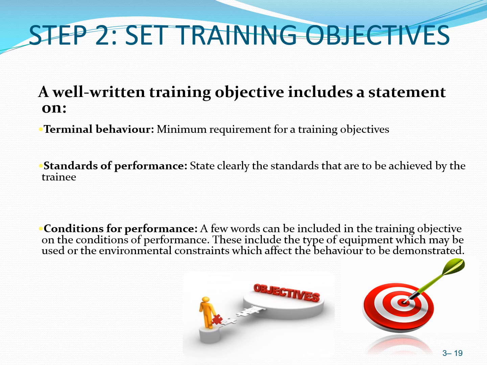So, you need to put well-written training objective. So, dalam well-written training objective, dia ada tiga benda. Terminal behavior. Okay, objektif you kena ada apa? Satu, dari segi terminal behavior dia, you need to have minimum requirement for training objective. Okay. Apakah benda-benda yang you perlukan atau you nak tulis dalam objektif you? Satu, kalau clerk, you kata nak bagi clerk ni pandai buat typing laju. Pandai tulis surat. Satu lagi, clerk pandai buat accounting. Contoh lah, I pun tak tahu.